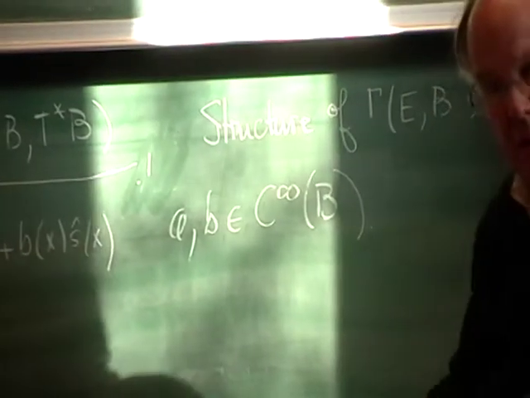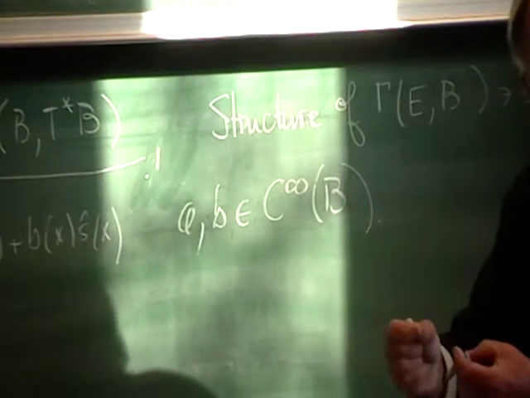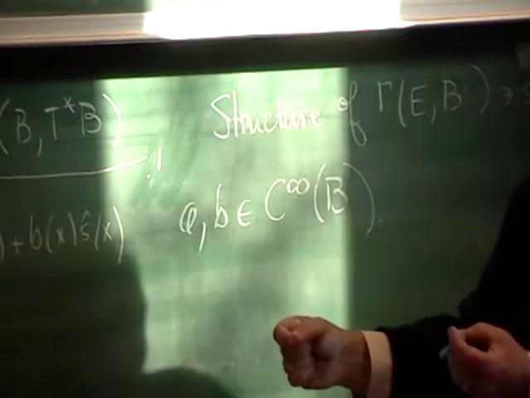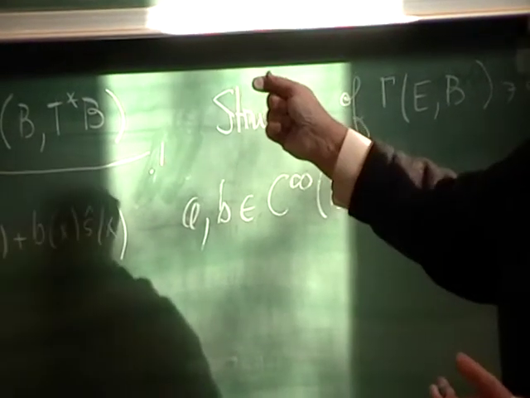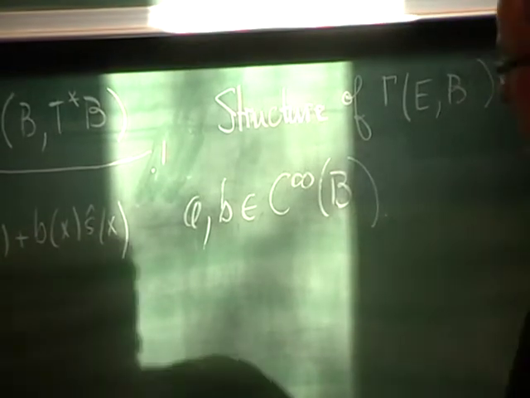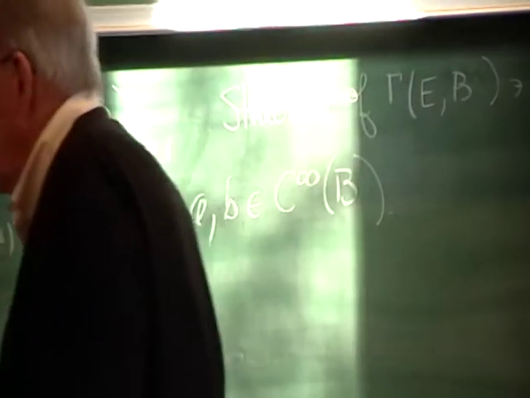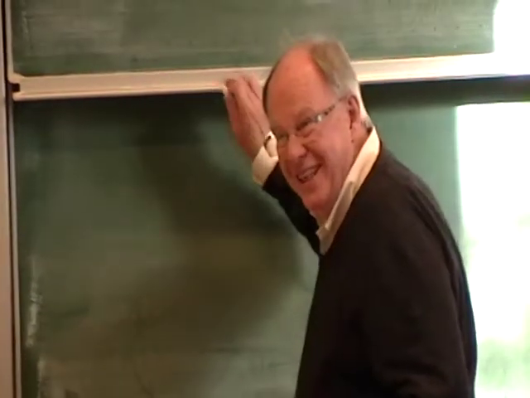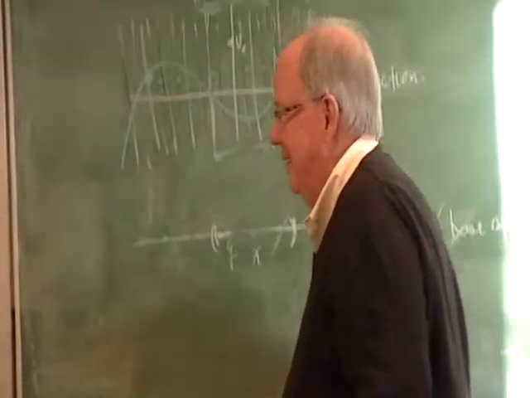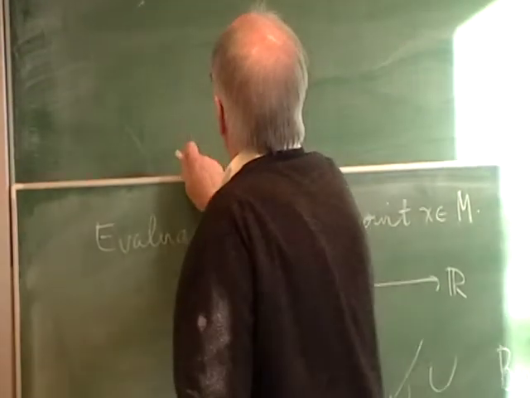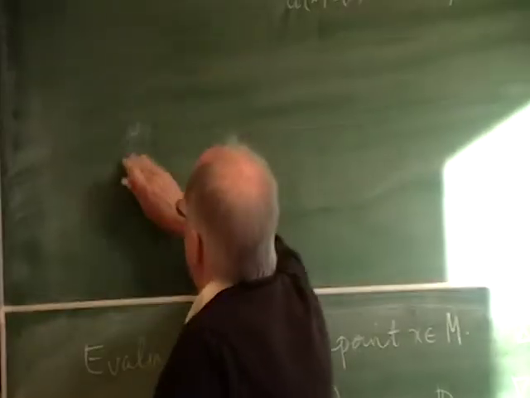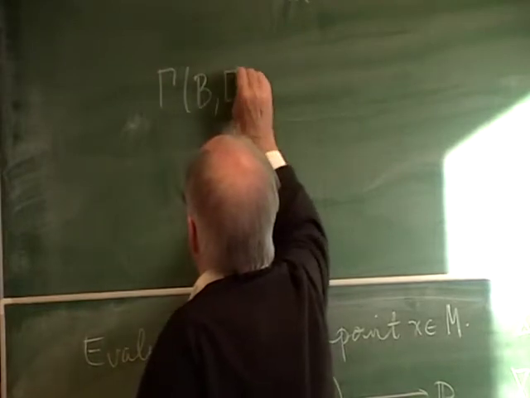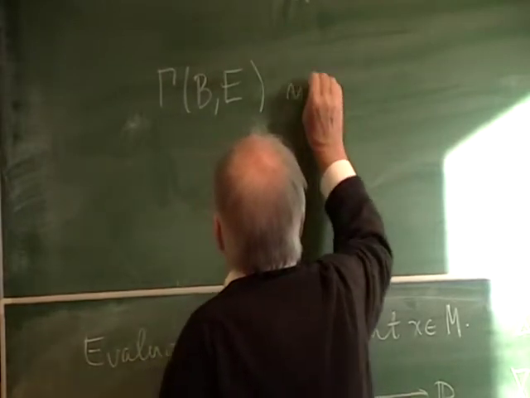At one point you can take a linear combination, at another point a linear combination, but this linear combination must vary smoothly because the sections must vary smoothly. Okay. So the big boy and girl word for this is that the space of sections of a vector bundle is a module